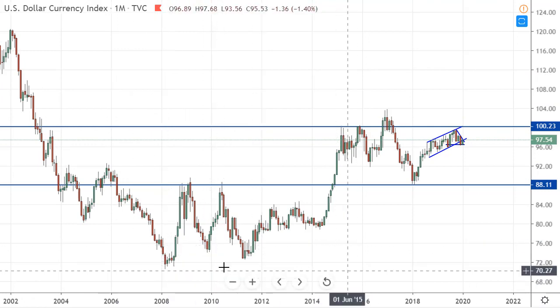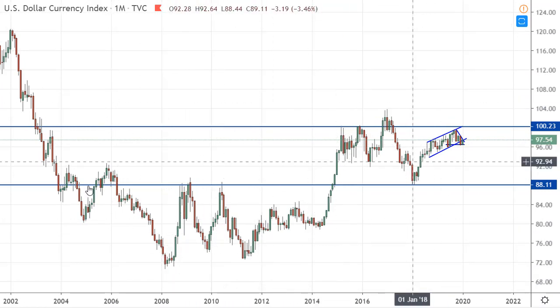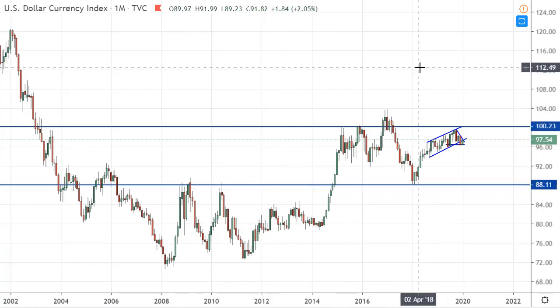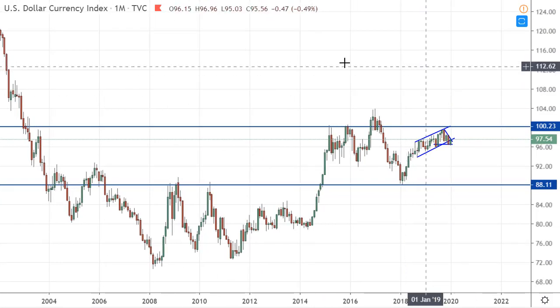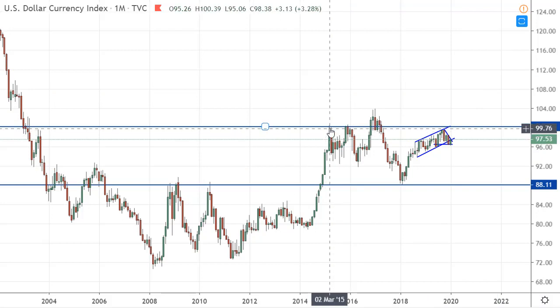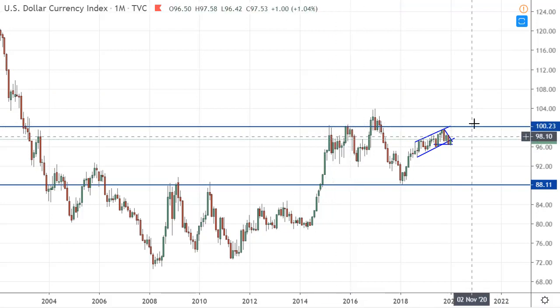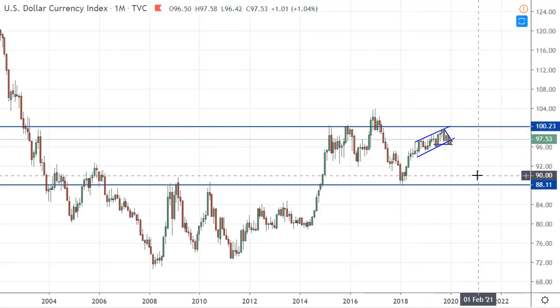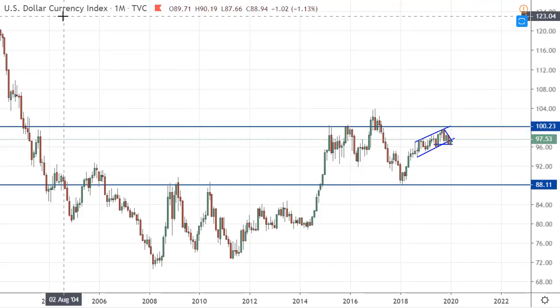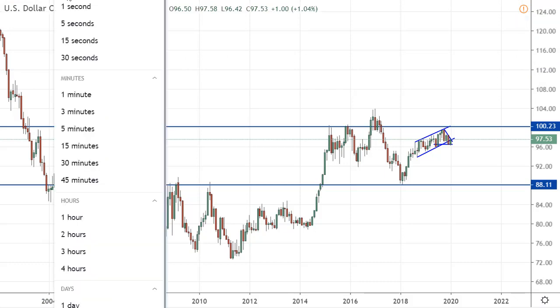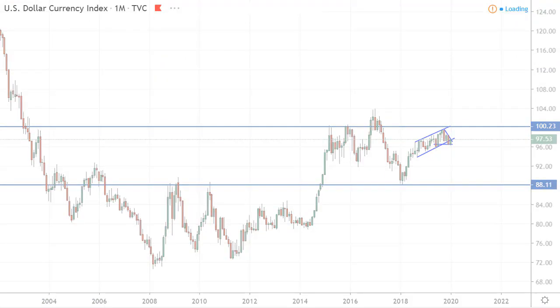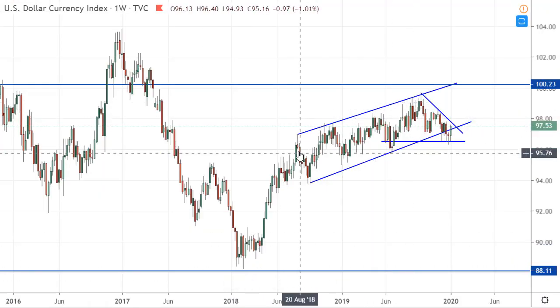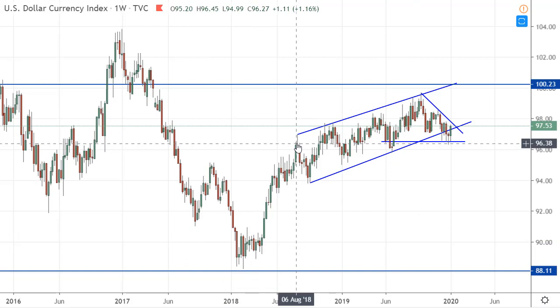Here is some support level as well, some supply and demand zones. We can draw that, but for now, I think within this area over here where we had those resistance levels in the past, and now it's acting as a resistance level again. It kind of looks like we had this reaction from here for a reason, obviously. Let's zoom into the weekly chart, and then we can see the phase we have been moving in since August.